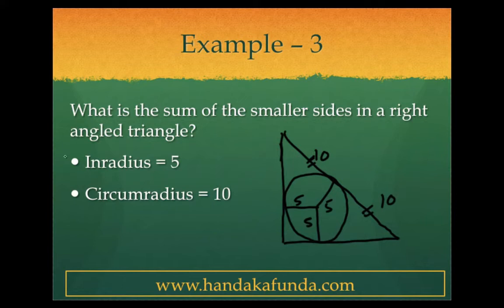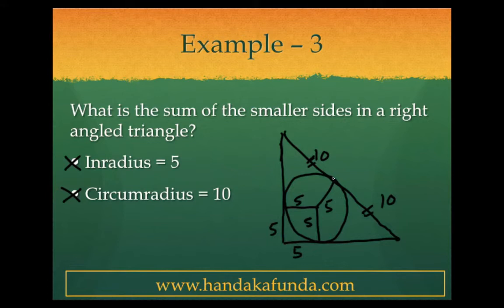No. So clearly with statement 1 alone and 2 alone, you cannot do it. The question is, can you do it together, combined? Let's see. Well, the radii are 5, 5, 5. The portion that you will form here, this particular portion, will be a square. So this will be 5 and this will be 5.